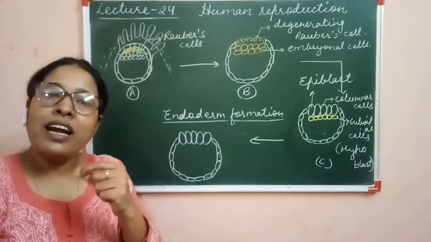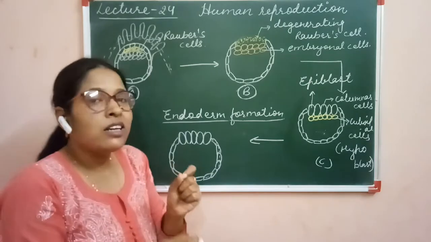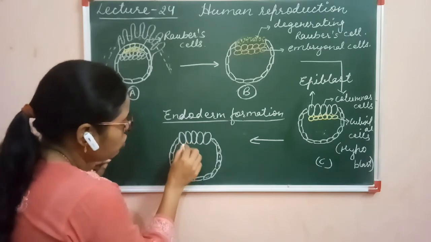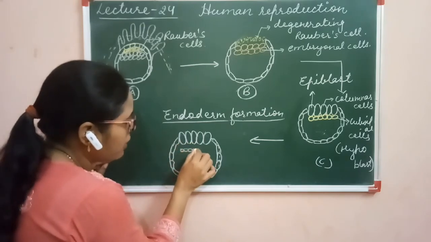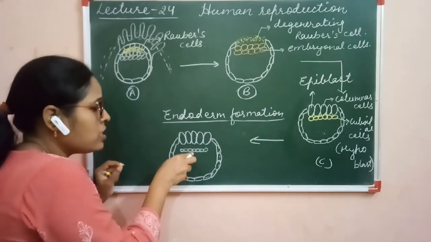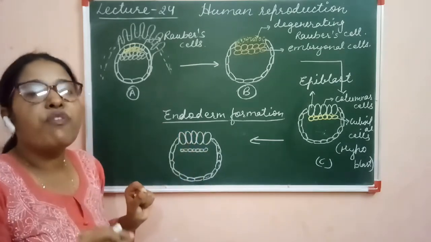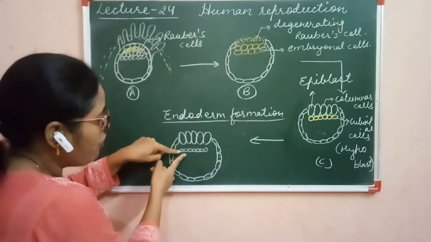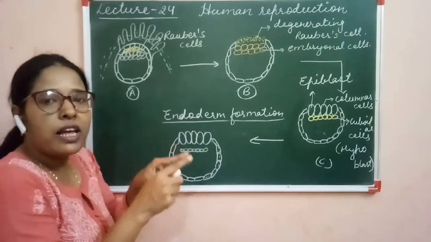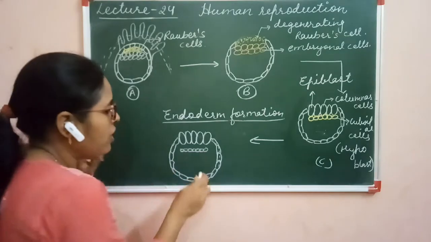These cells again divide and form a layer which starts delaminating. Clear? Here a space is formed between these two layers. The cells are formed by the division of these epiblast cells, but these cells separate from the epiblast by the process of delamination. ठीक है, इनका फॉर्मेशन epiblast के डिवाइडेशन से ही होगा, epiblast डिवाइड होकर ये सेल्स फॉर्म करेंगी, but these cells separate from the epiblast by the process of delamination.